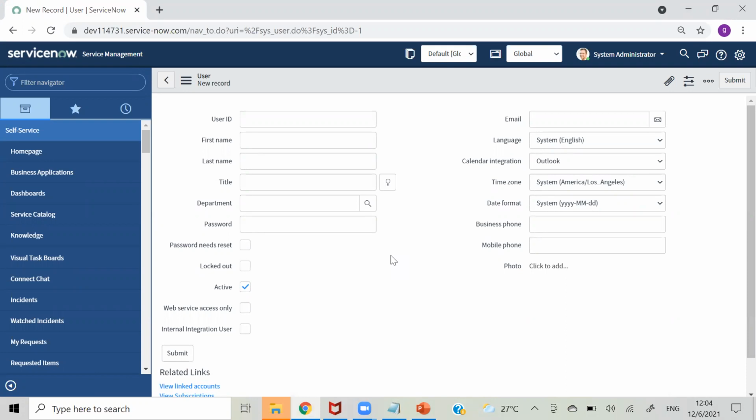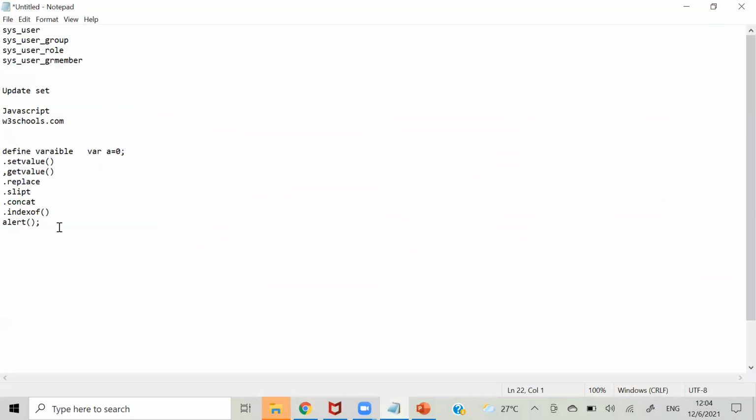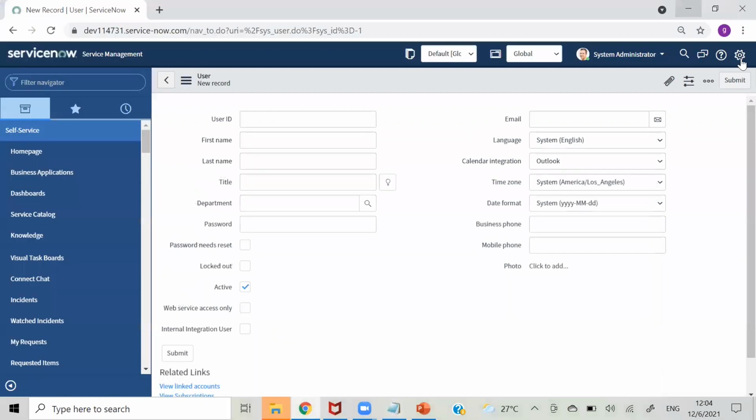We have a concept called UI actions, and using UI actions we will create these buttons, which is also part of scripting. Adding this button is part of script, and making a field mandatory, read only, visible or hidden is also part of script. We will see those. Any other queries?